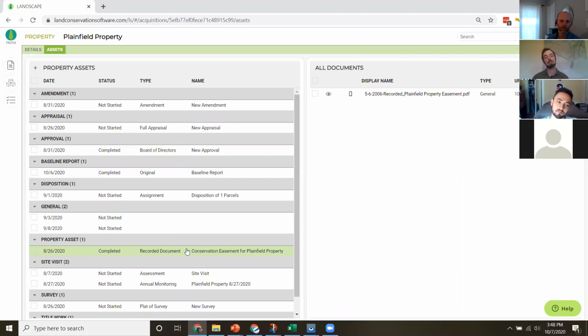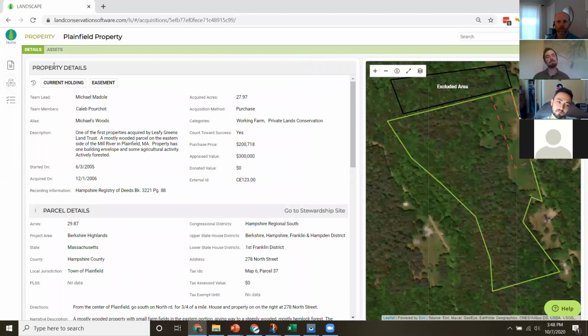As you start attaching documents, you don't have to dive into each one to fetch the documents. All the documents are going to start appearing here on the right, and you can just click on them to view them. So here's where I could go to review the documents, but now I'm sort of done reviewing the technical details of some of the background of the property, and I want to know what the stewardship history is of this property. And for that, that's what Landscape